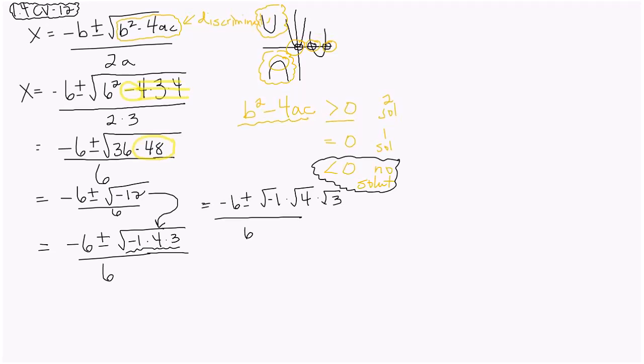The square root of negative 1 is always going to be i. So that's what you said, take out the i. The square root of 4 is 2. And square root of 3 is not going to be a whole number, so we're just going to leave it as that. So when I rewrite this, I'll have negative 6 plus or minus